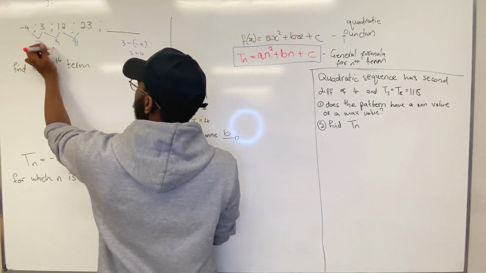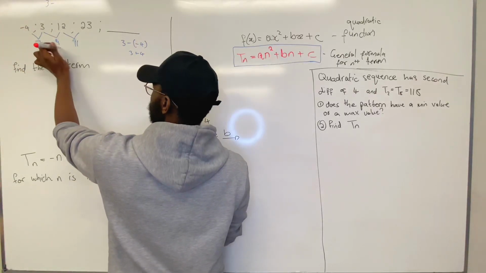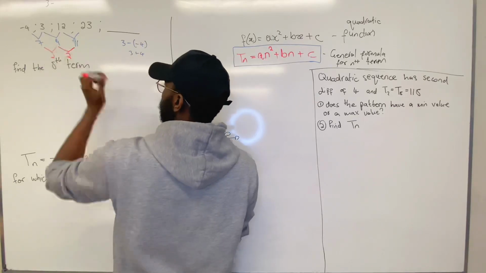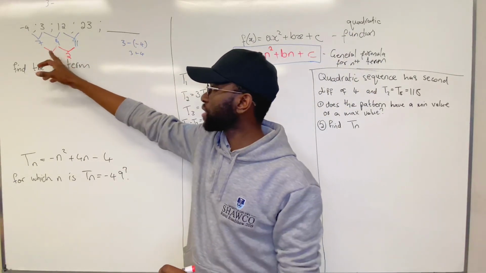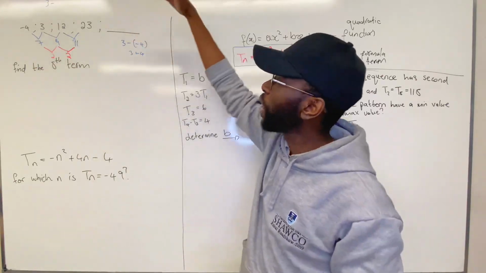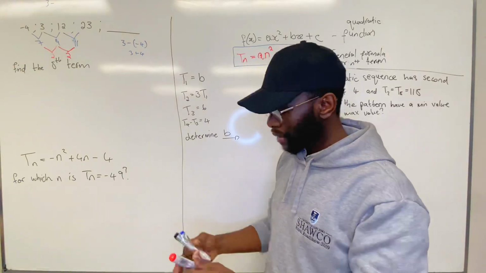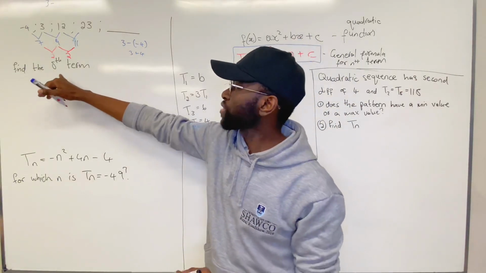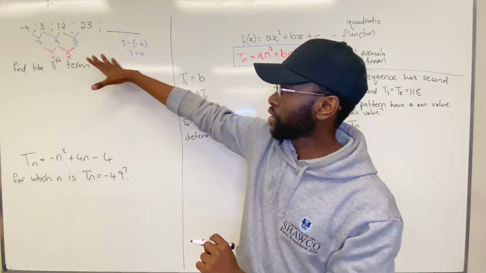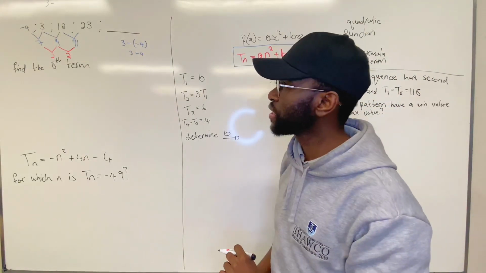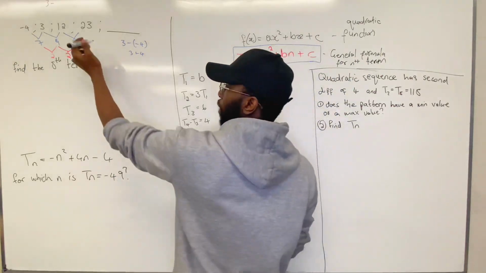So 9 minus 7 will give us 2. 11 minus 9 will give us 2. So we know that our second difference is common, therefore our sequence is a quadratic sequence. Now, they want us to find the fifth term here. If you are looking at it right now, you would think the fastest and easiest way to find the fifth term is by